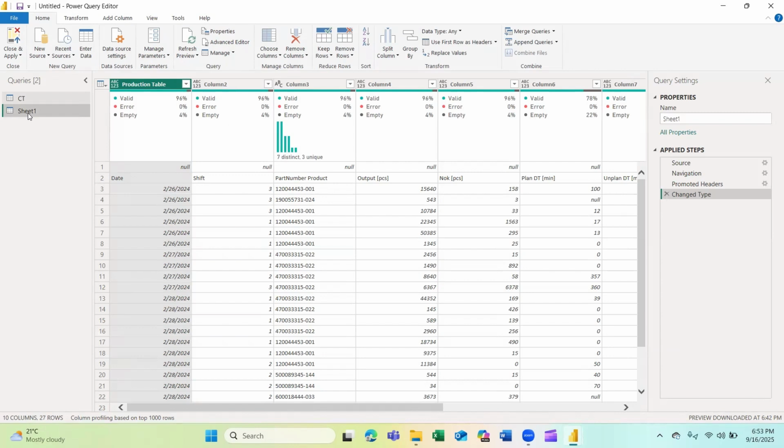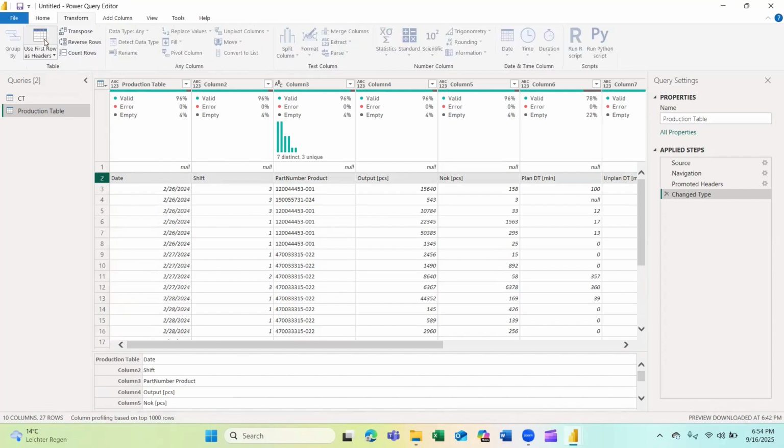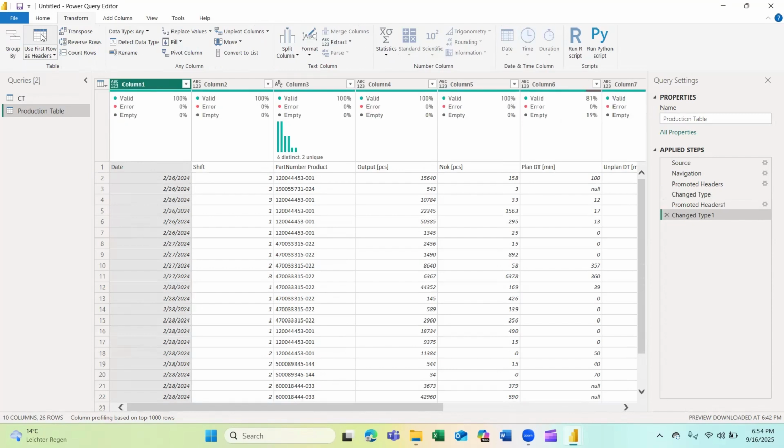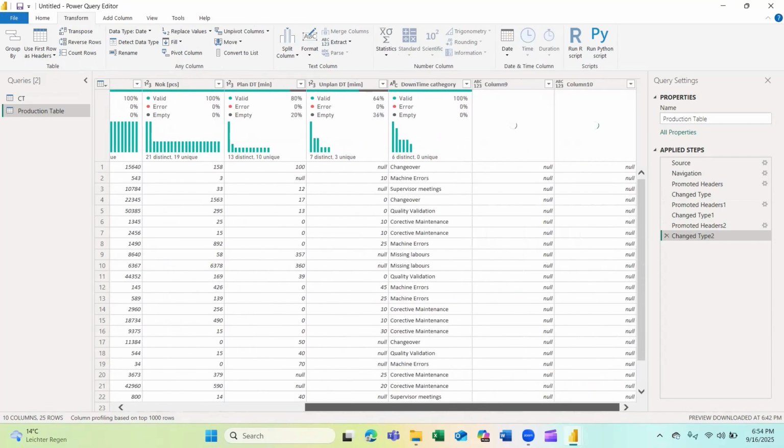So I'll rename this as production table. Let's enter. And I will just need to bring this data up. So I'm going to Transform, use first row as headers once again, and we have it in the right position.